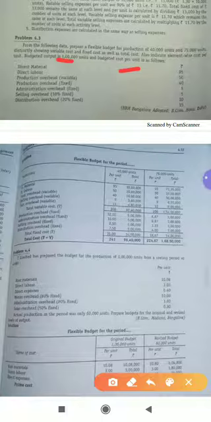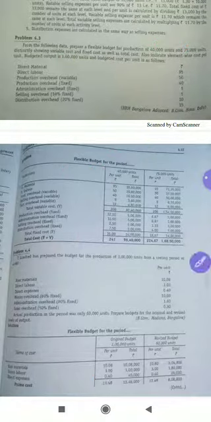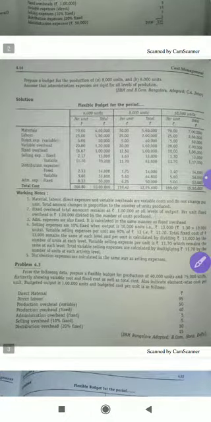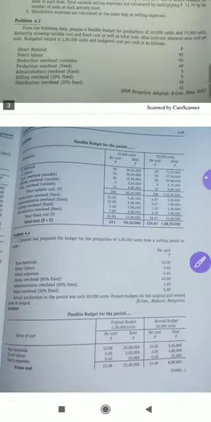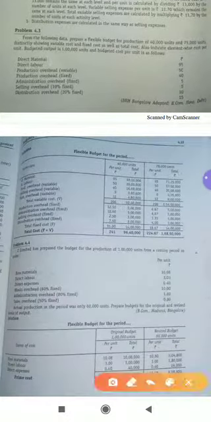Look at here, they have asked us to prepare for 40 and 75. So here what they have done, they have not added 1 lakh units. If you want, you can add 1 lakh units as we have done in the previous question. Look at here, there they have given details for 10,000, and we have done for 6,000, 8,000, 10,000. You can also do like this here. You can write 40, 75 and 1 lakh. If you want, you can write it, or else you can directly go for the solution.